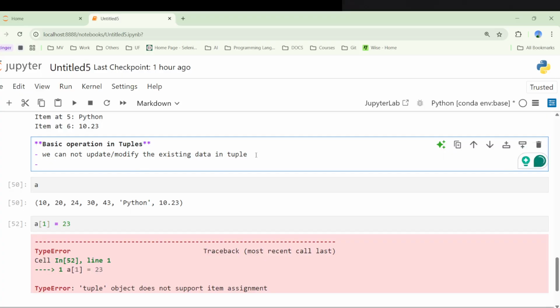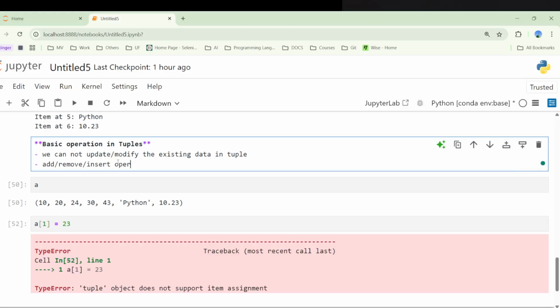Similarly, as it is not allowing you to update or modify, at the same time it is not allowing you to add some data, right? So adding or removing, or you can say insertion,